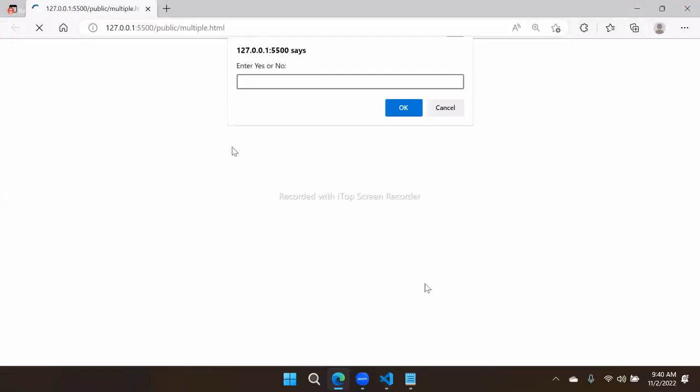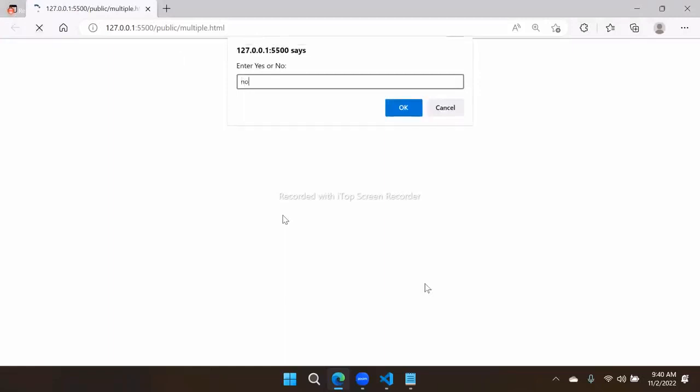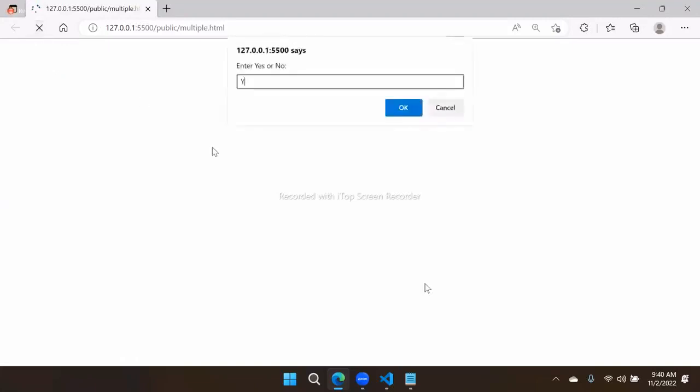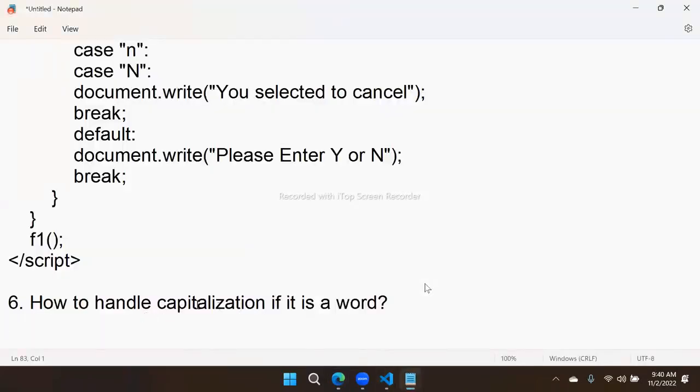If I enter yes in uppercase, it will take it. If I enter no in lowercase, it will take it. So it will work for all cases. In any way you may type, it will work. So that is handling capitalization. That means just what you have to do is